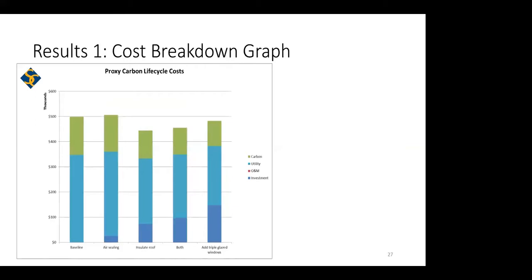So what I'm going to do now is walk through what the results look like on this example and talk through how you might interpret these results. The place I like to start when I'm looking at the results is the tab that's called the cost breakdown graph, and that's what you're looking at here. This is just